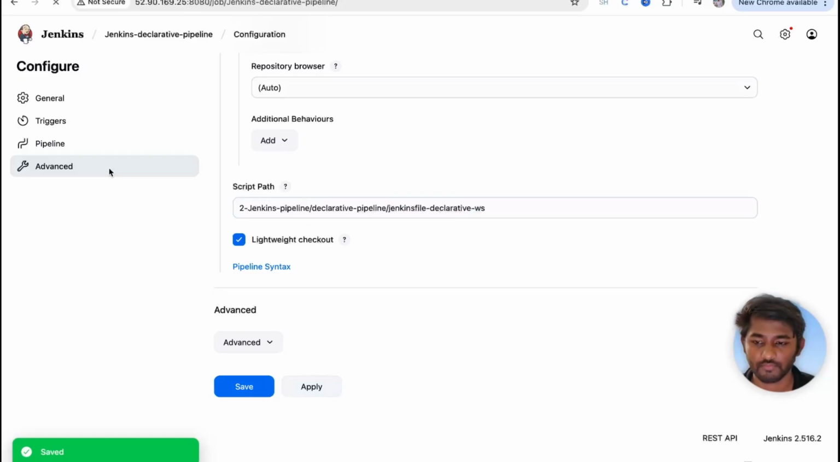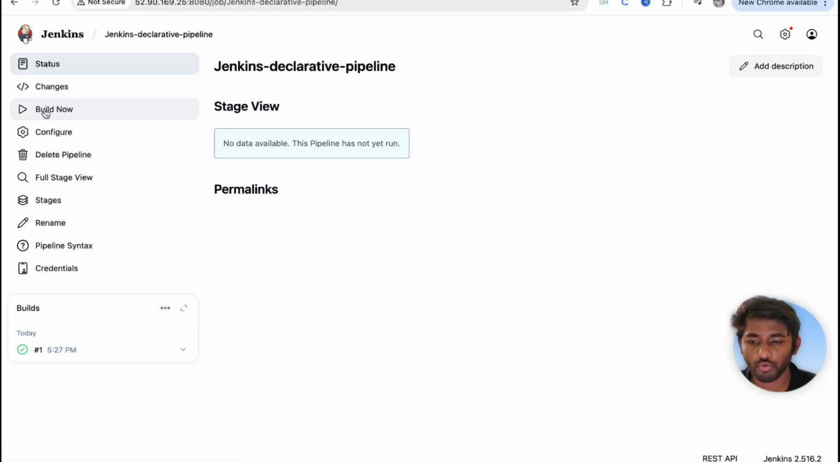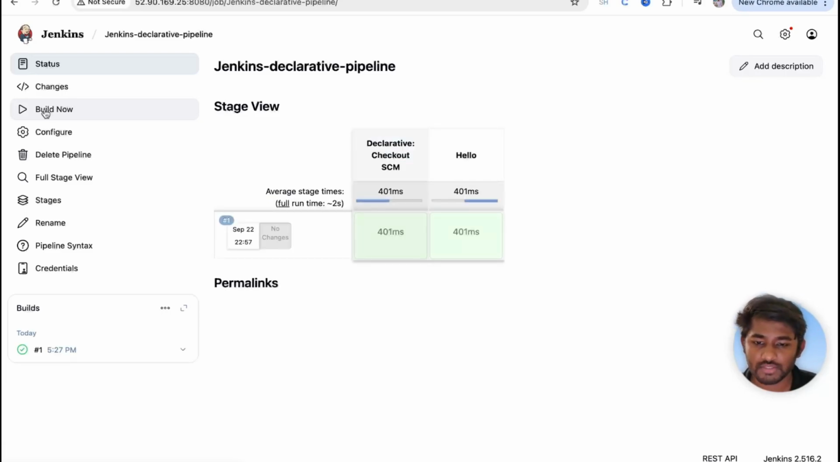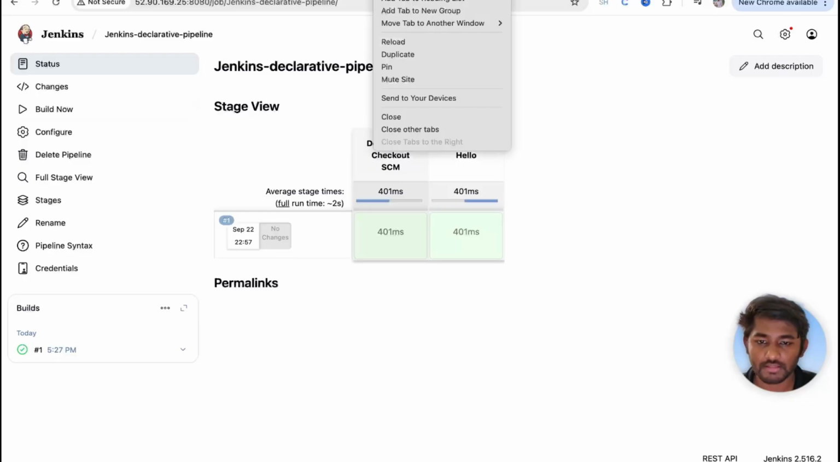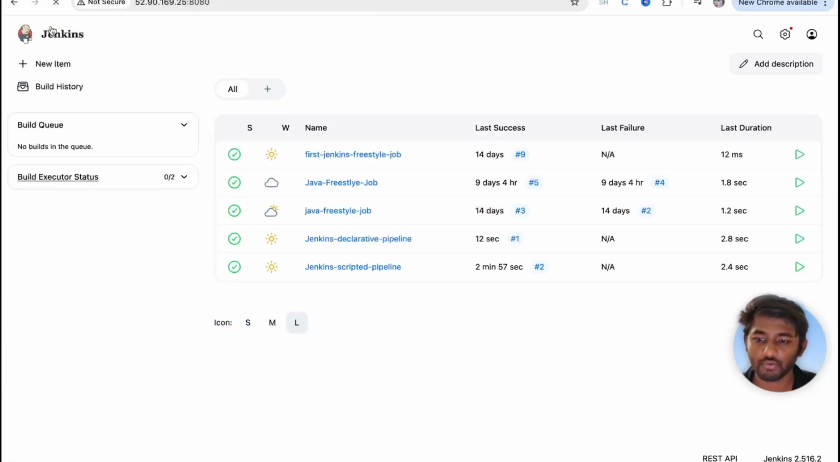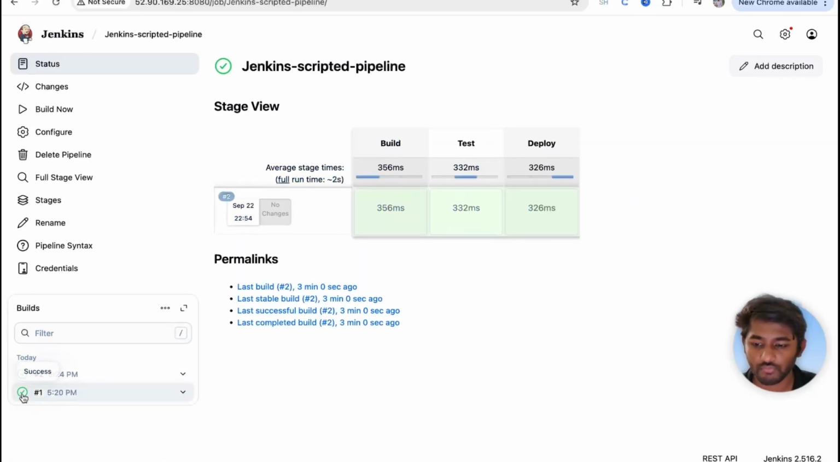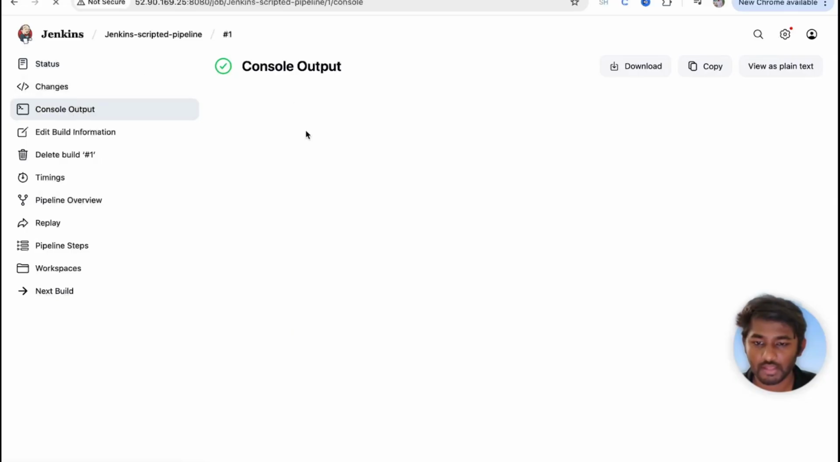Apply and save. Build now. Now here we are going to compare the declarative pipeline output with the scripted one. If you remember, I'll just duplicate this dashboard, and I'll go back to the scripted pipeline. So if you go to the first one in the console output